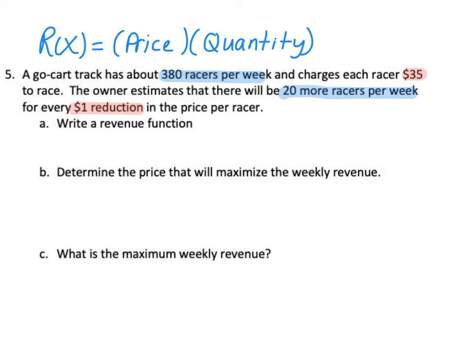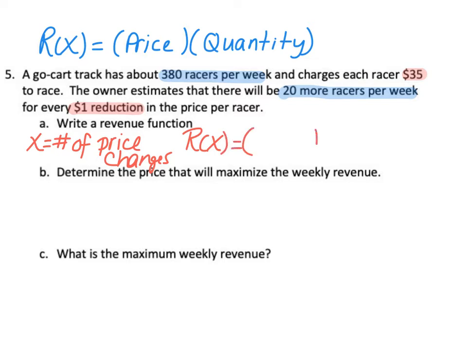But I got to think about what my unknown is first of all. So I'm going to say X is my unknown like I normally do, but what does it represent? Well, they're changing the price. So it's the number of times the price is changed. Number of price changes. All right, so my revenue function, I'm going to say R of X is equal to,